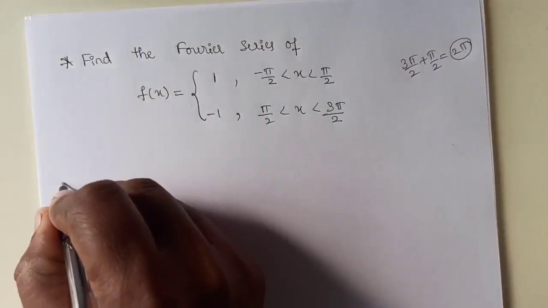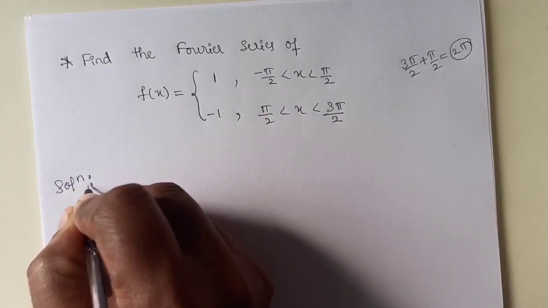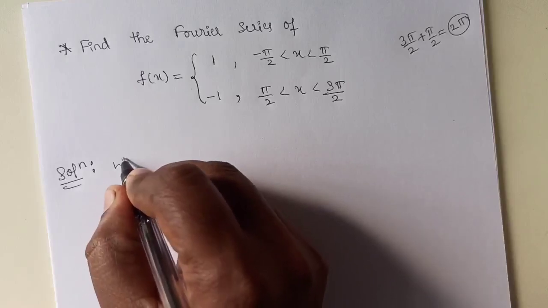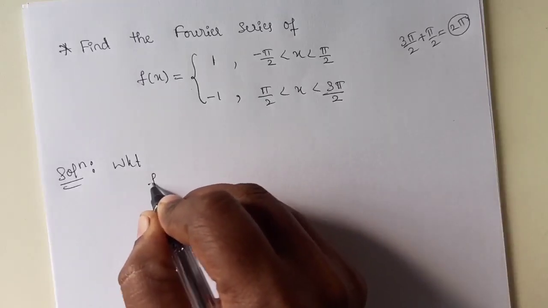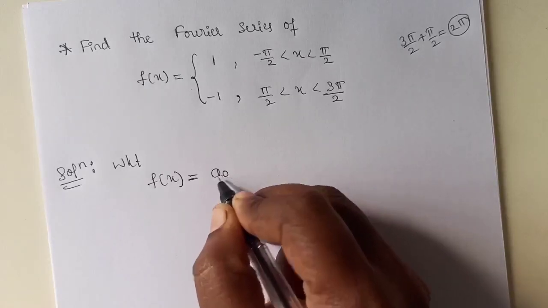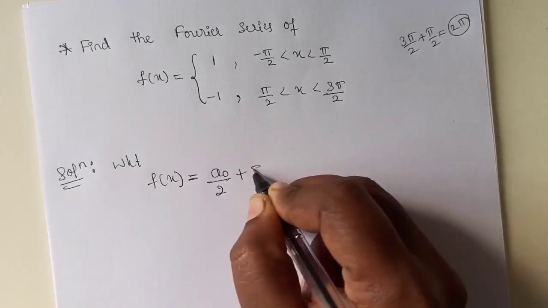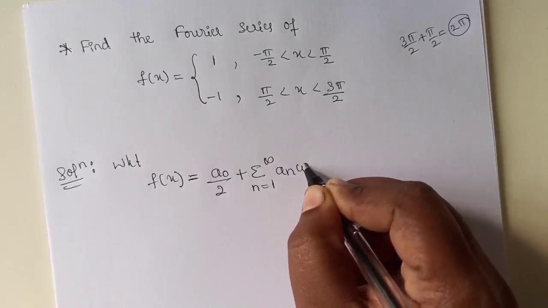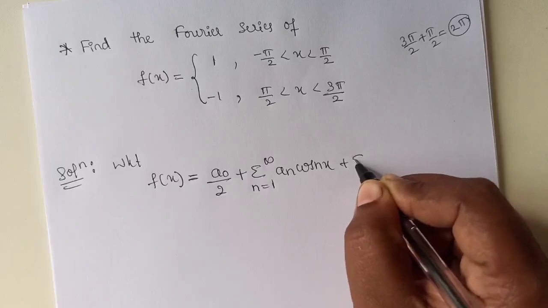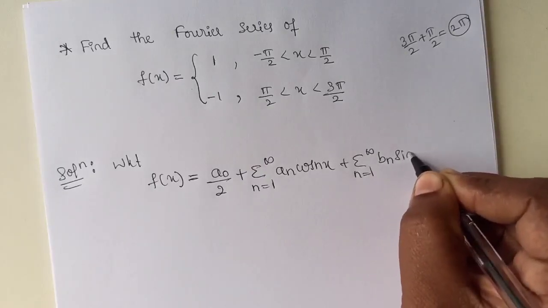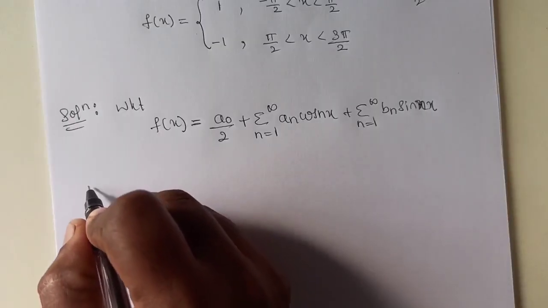Now first we write the formula for the Fourier series. We know that the Fourier series of period 2 pi is given by f of x is equal to a0 divided by 2 plus summation n equals 1 to infinity an cos nx plus summation n equals 1 to infinity bn sin nx, right? Now